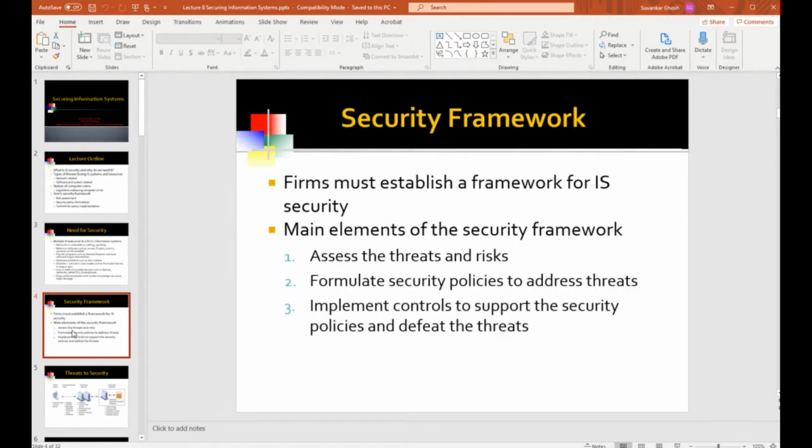What is recommended these days, what the security gurus recommend, is that you first set up a security framework. In other words, you have to have an informed plan of action. And how do you build that plan of action? Well, it's through setting up the security framework, where the first part of that framework is you assess what your threats and risks are. So don't just go out and implement a lot of security technology. First, assess where the threats are, where the threats are coming from, what is the impact that they have. So that's all part of the threat assessment.